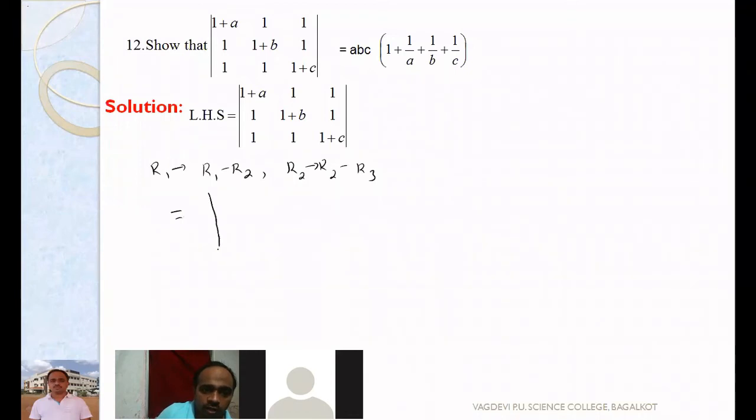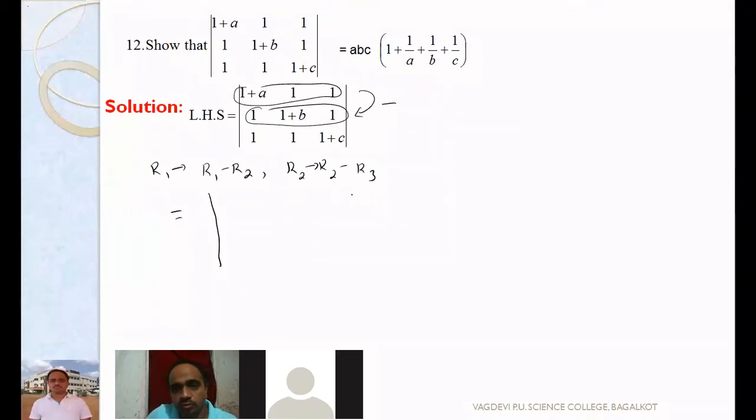So what do I get if I do R1 minus R2? Be careful. If there is any confusion, write it in the margin. This is R1. Observe here. This is R2. I will mark here, R1 minus R2. I have put the arrow mark. So what do I get? R1 minus R2 means 1 plus A minus 1. What is 1 plus A minus 1? You can do some rough work here. 1 and 1 cancel. I get A. Correct? A.